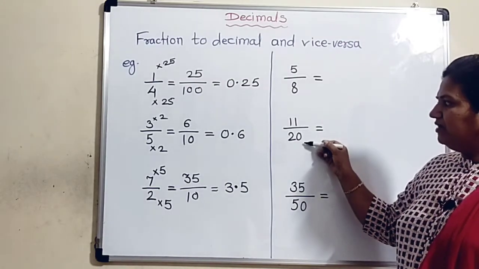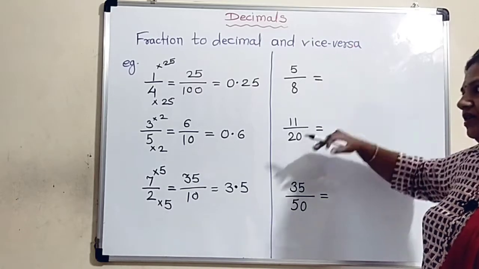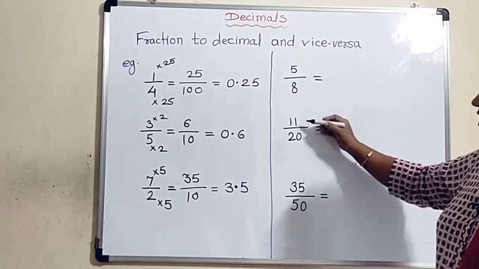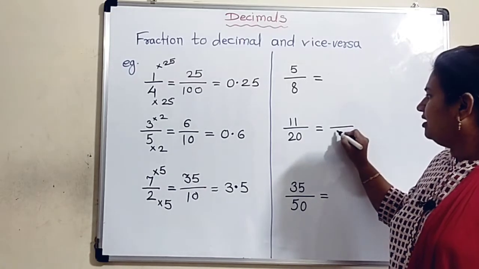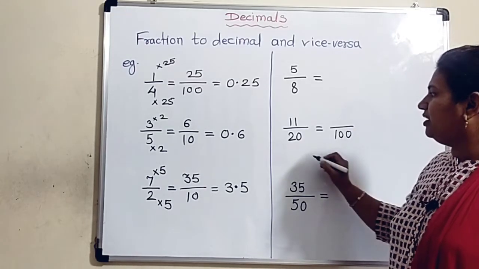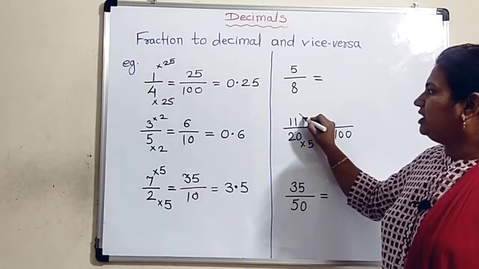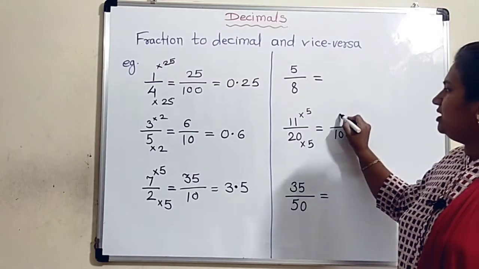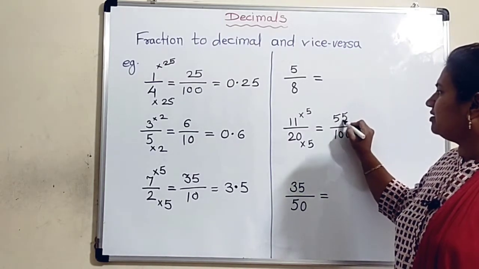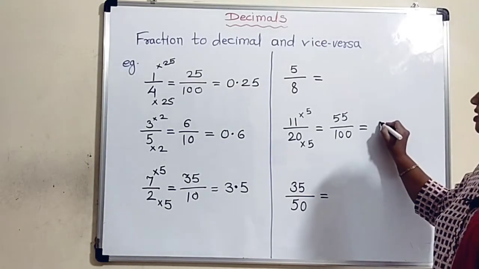Now here 11 by 20, 5 by 8, I will keep it aside. It will be explained after this. 11 by 20, again 20 is a factor of 100. How I can convert it to 100? If I multiply by 5, I will get 100. So multiply 11 also by 5. I will get here in the numerator 55. And the decimal form of this fraction will be